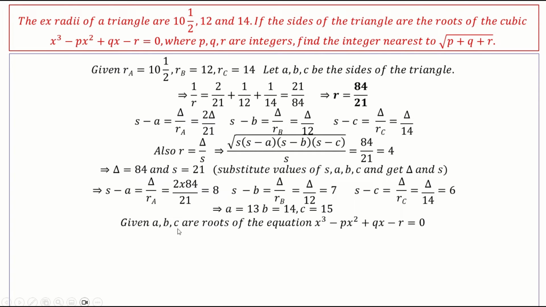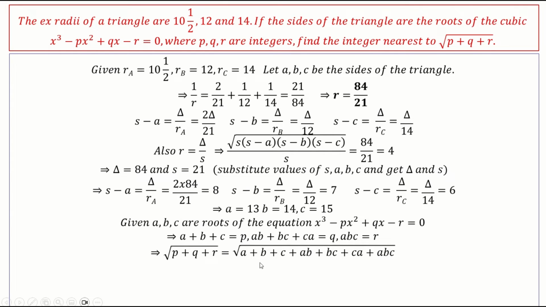It is very easy. It is given that ABC are the roots of this equation, right? Cubic equation, correct? So for a cubic equation, the sum of roots A plus B plus C equal to P, the negative coefficient of the second term. Then AB plus BC plus CA equal to Q, the coefficient of the third term. And ABC equal to R, that is the negative of the constant term basically. So if you know these things, we can substitute and you will get P, Q and R values,